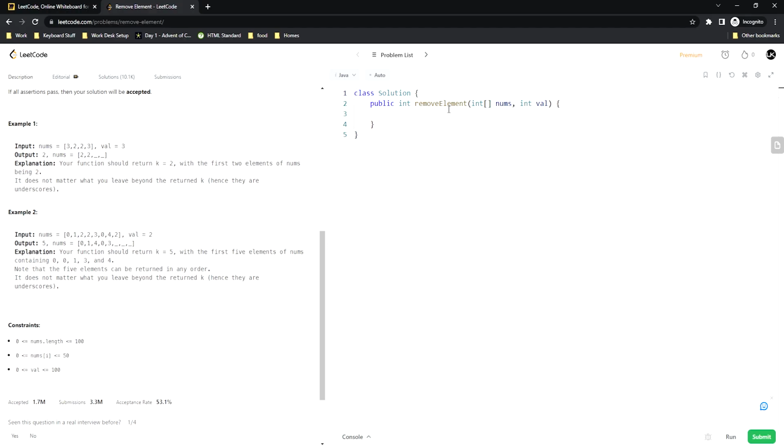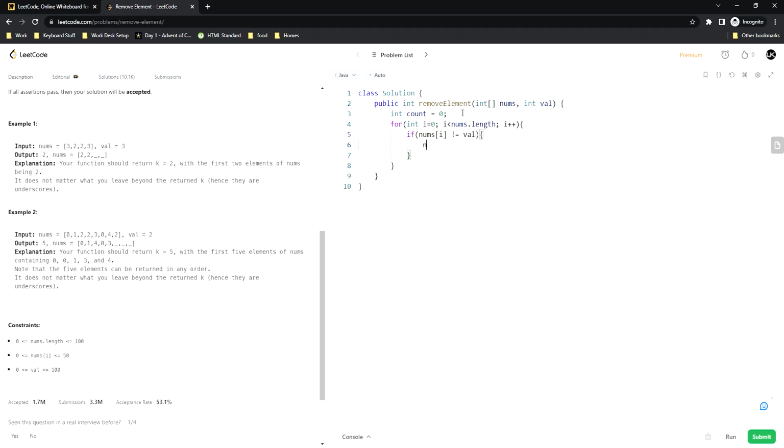Java code. Back inside LeetCode, we're going to start out by creating an integer called count and setting it equal to 0. This is going to be the count of the numbers we keep. We're going to say for int i equal to 0, i less than nums.length, and i plus plus. We could have also done this with a while loop. It's fine. And we're going to say if our nums of i is not equal to val,